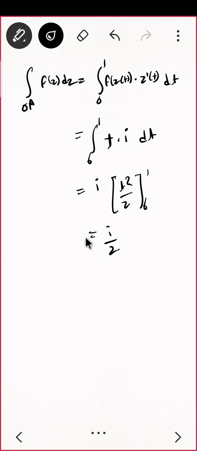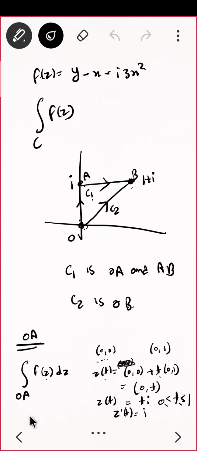Do you agree? Should I repeat it once again? The first part, what was my motto? My motto was I want to go from 0 0 to this guy. Correct? So I want to have a parameterization. So what is my observation? I took z of t equal to, if I put t equal to 0 I should get this guy. So what I did, the second term I gave t, so that when I put 0 it vanishes. I'll get the first term. And if I put t equal to 1 I should get the second guy. At t equal to 1, this guy is already 0, otherwise I would be putting 1 minus t here. So it makes no difference to me. So this is what I am having, 0 comma t, that means this is ti.